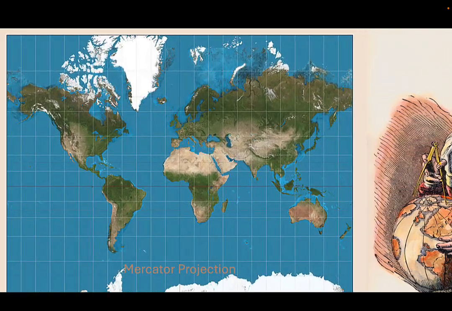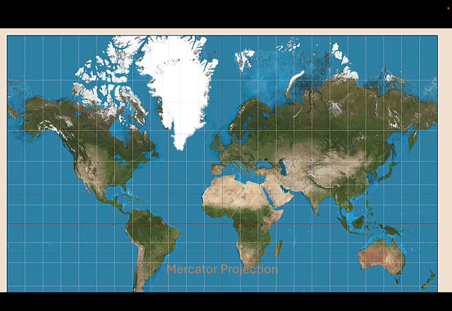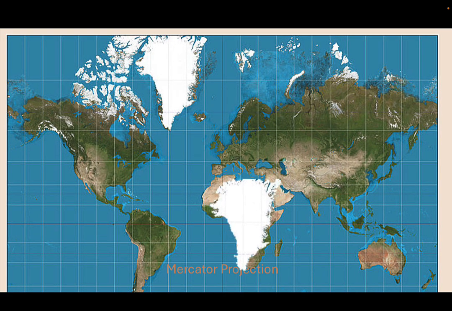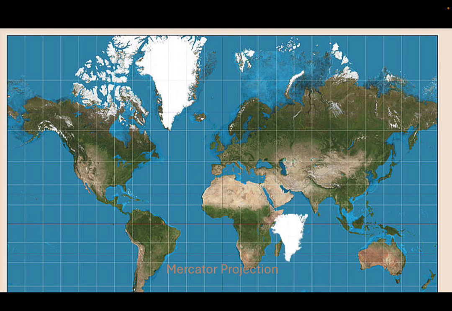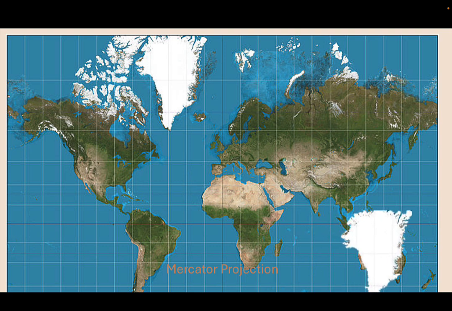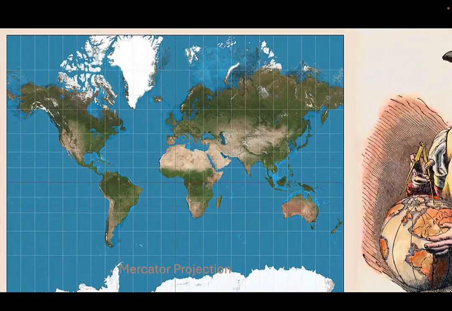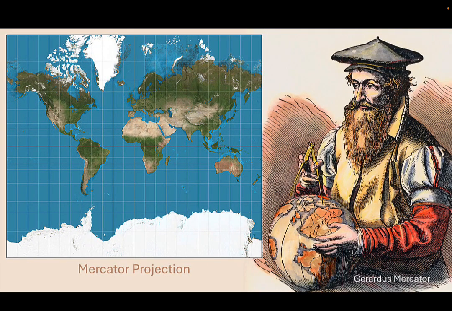Thus, on the Mercator projection, Greenland appears to rival the size of Africa, when in reality, Greenland is about the same size as the Democratic Republic of the Congo, and Africa is about 14 times the size of Greenland. Similarly, Greenland appears to be about 3 times larger than Australia, yet the opposite is true. And Europe appears to be around the same size as Africa on the projection, while in reality, Africa is more than 3 times as large as Europe.